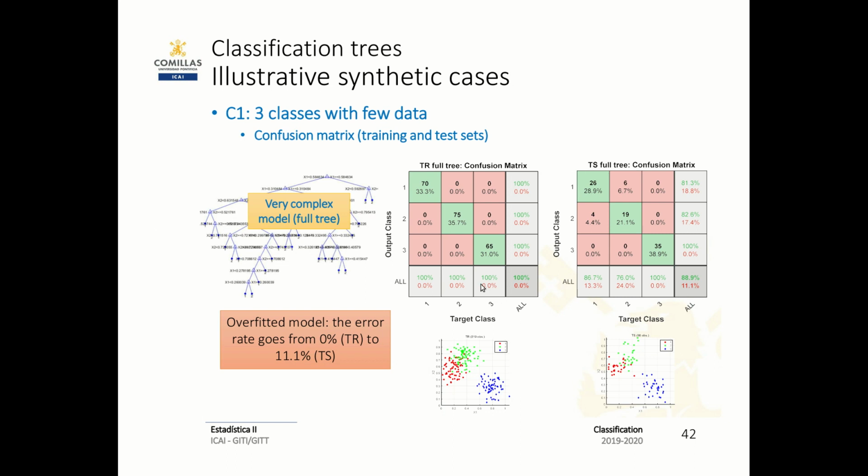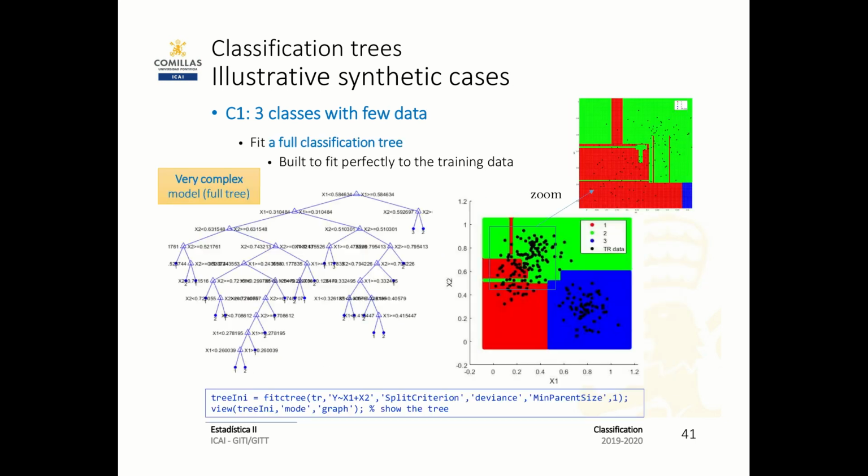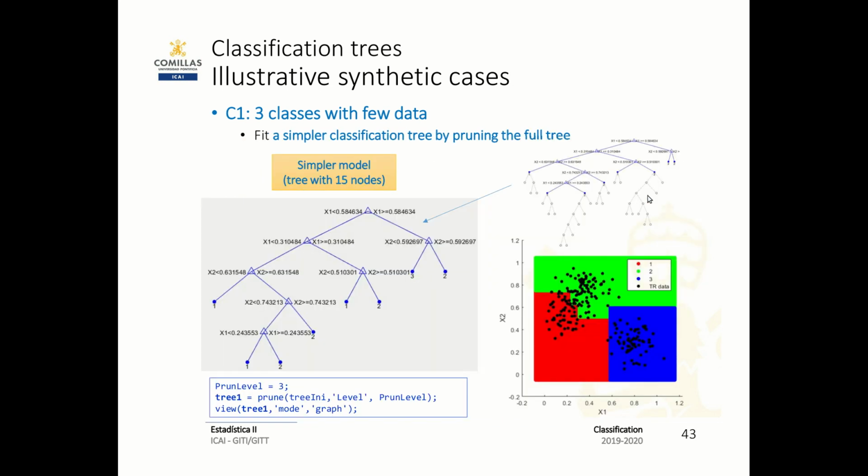There is a huge difference between these two values, so that means that this 0% is an overfitted model, and we have already seen it here, that it constructs very strange areas just to fulfill the input data. Okay, so now we